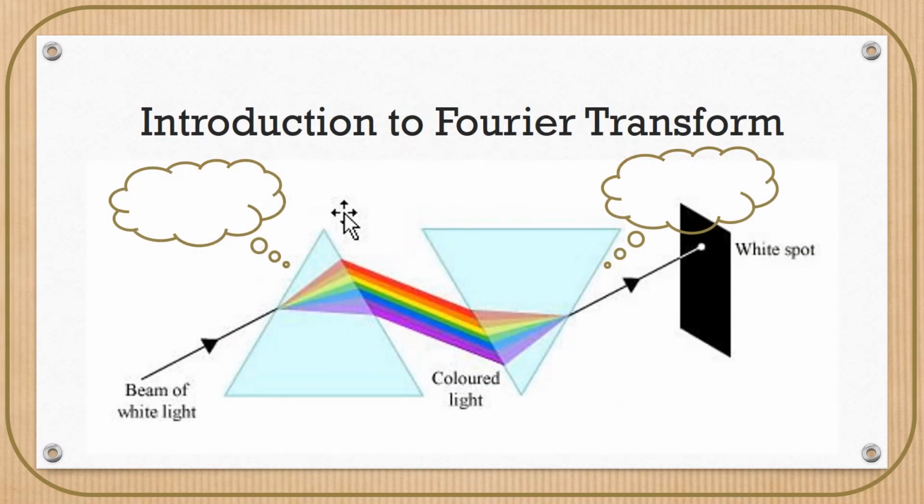Then we're going to introduce the concept of the Fourier transform by taking some practical examples like this, where this prism is actually doing the Fourier transformation. This first prism is actually splitting our white signals into the various frequencies. The Fourier transform does the same thing to our signals. So we're going to talk about that Fourier transform, and we also see the same thing using mathematical relations.